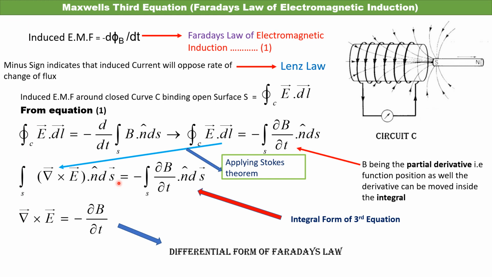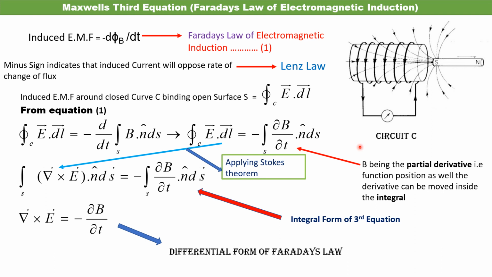So obviously the physical significance is very clear here. If we move a bar magnet towards a coil, or move a coil towards a bar magnet, there will be a time change of magnetic field, and within the coil there will be an induced EMF. Induced EMF will produce the induced current in it, and the electric field lines will rotate. There will be a rotation around that point, and the curl just accounts for that rotation. The induced EMF produces another magnetic field. So the time rate of change of magnetic field will produce a time rate of change of electric field, and that is our Maxwell's third equation.